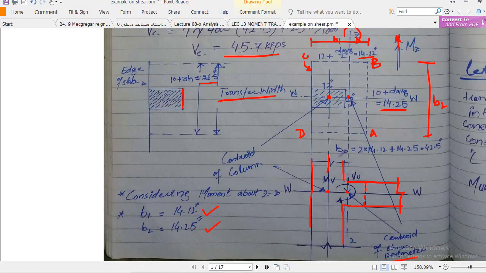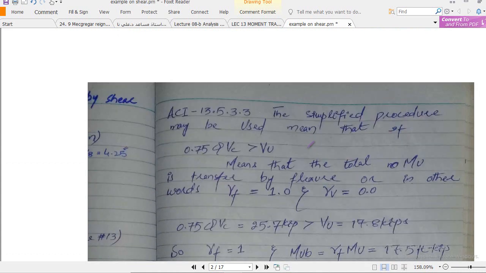Next you see B0, and B0 is this side plus this side plus this side. So you see the B0 is 42.5 inch. Now next, ACI code